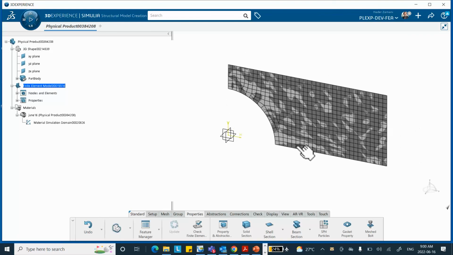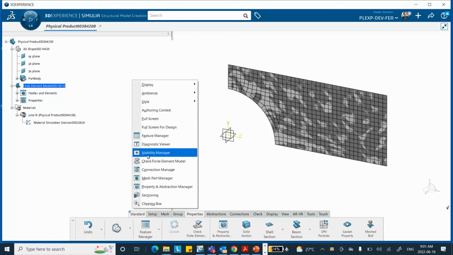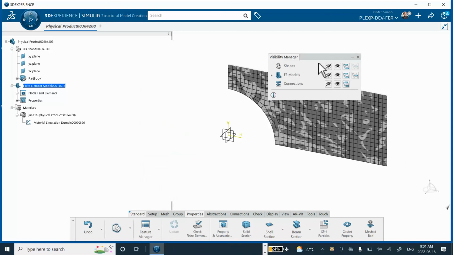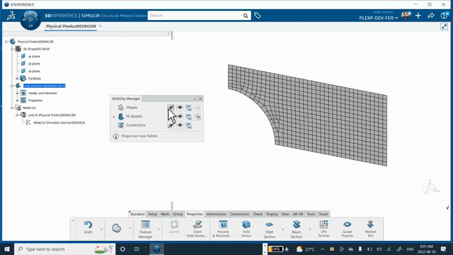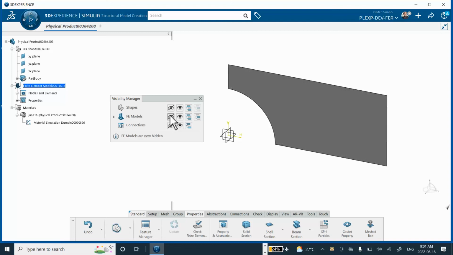And if you don't want to see the part, for example, or your mesh, right-click Visibility Manager, basically hide and show and things like that. For a while, I had a hard time understanding what these things were. The one with a cross on it means hide. So hide the part, show the part, hide the mesh, show